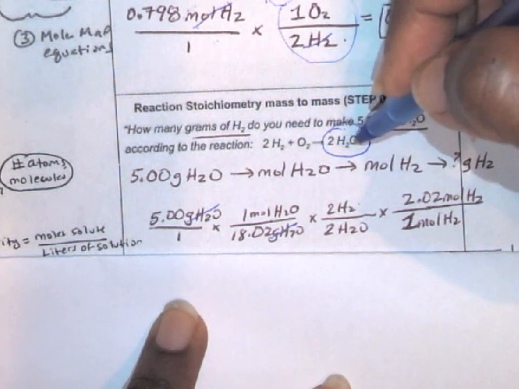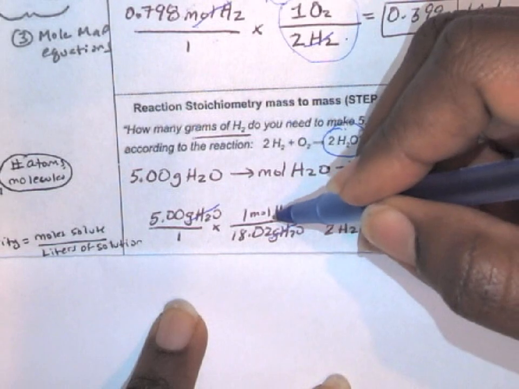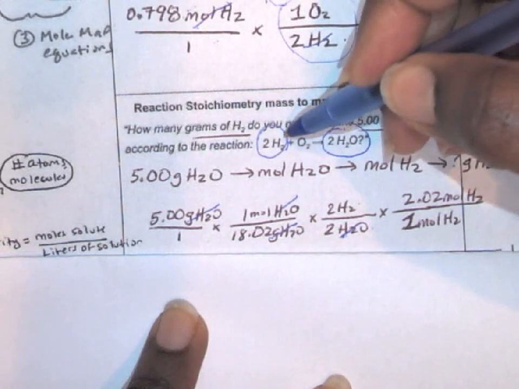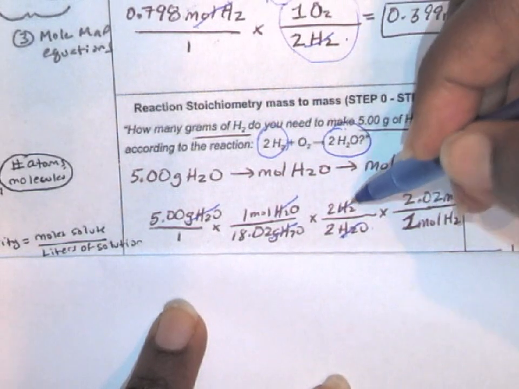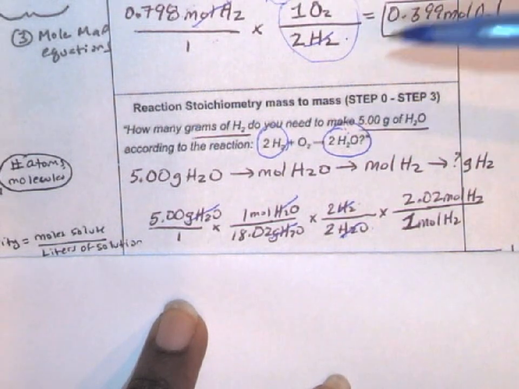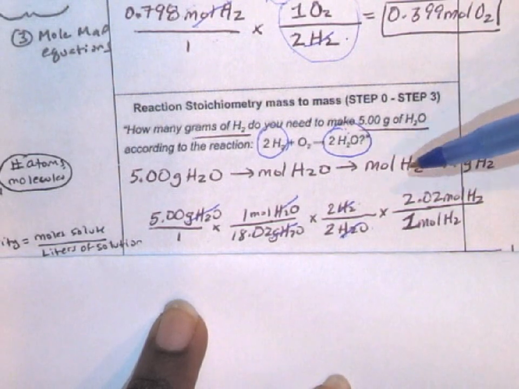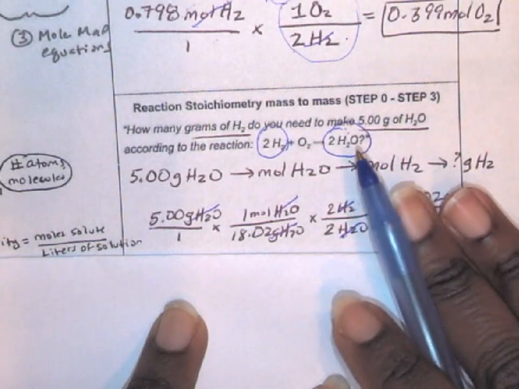My given is 2 moles of H2O, so that goes in the denominator so that the moles of H2O can cancel out. And then my find is H2, so I put the 2 H2 on top so that can cancel out. And so you can see it's a 2 to 2 or 1 to 1 ratio. So technically, whatever the moles of water that you have, that's the same number of moles of H2 you're going to have. All right, if I were to stop here, I would just have the moles of H2, but I